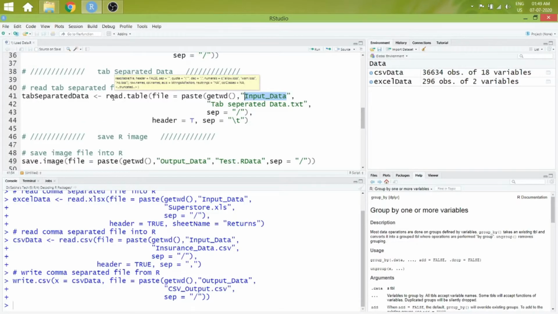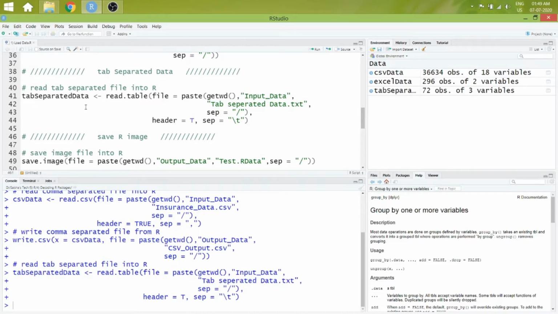In line 41, we are loading the tab-separated data txt file which is present in the input data folder into R. As we execute the command, we can observe the data loaded into R with 72 observations and 3 variables.